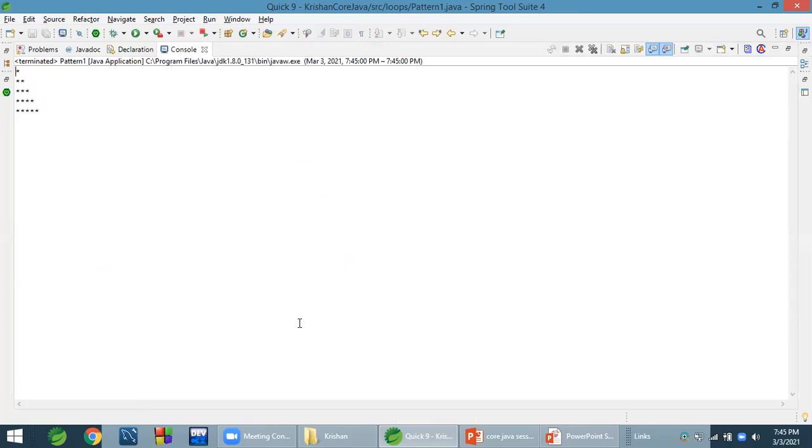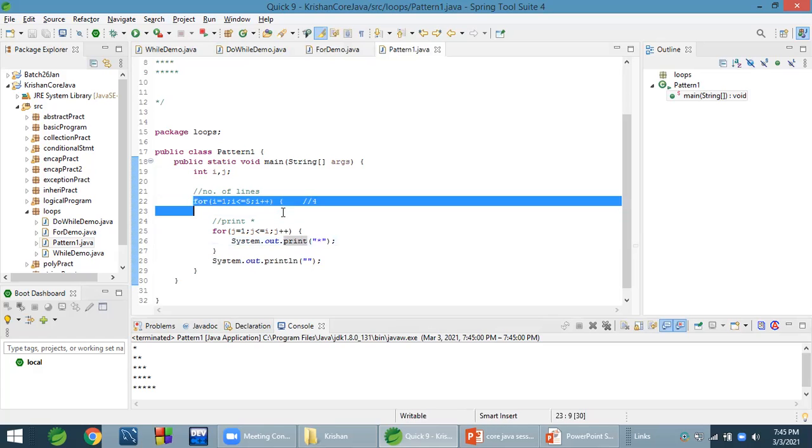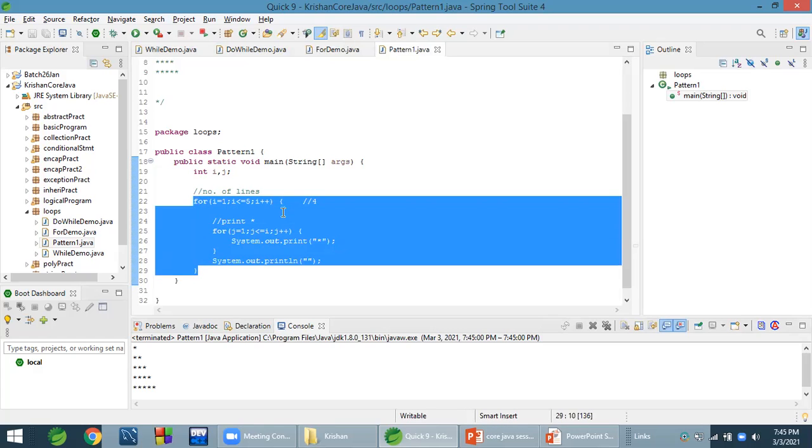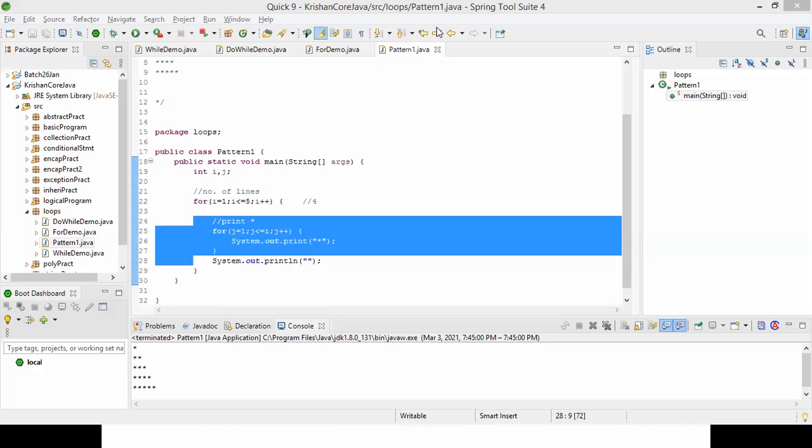Getting this? Any doubt in this? Anyone can ask if having any doubts in this, how this sequence goes, how the execution sequence of a for loop goes. Understood? Everyone understood? Yes, Mahinder, Nandakishore, Nirmal, Jyoti.